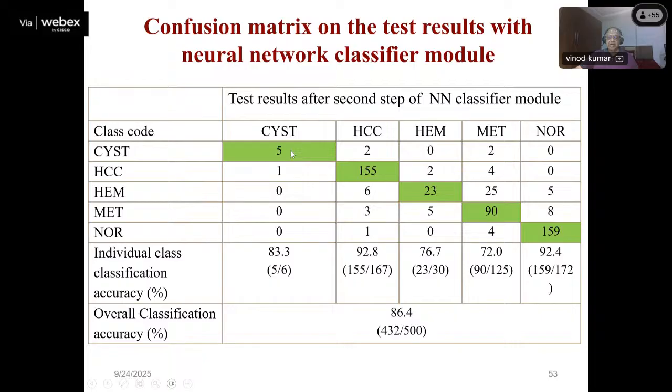5 identification was correct. 1 was wrong. 1 was detected as HCC, whereas it was cyst. In case of HCC, 155 detected correctly, 2 detected as cyst, 6 hemangioma, 3,